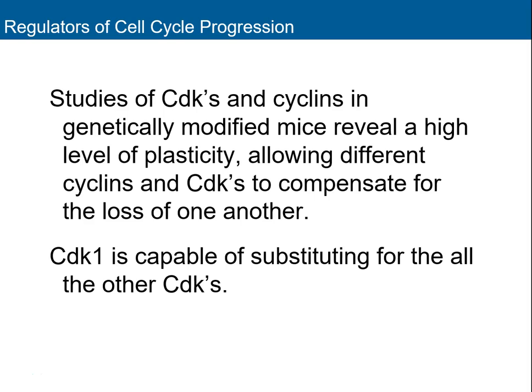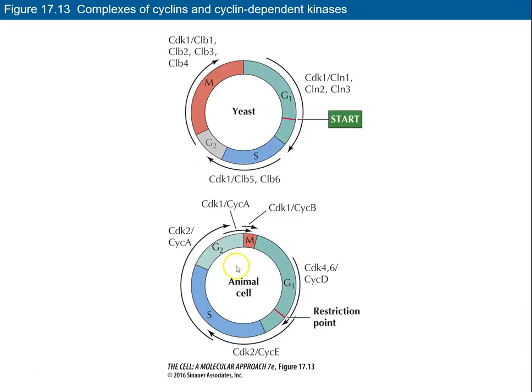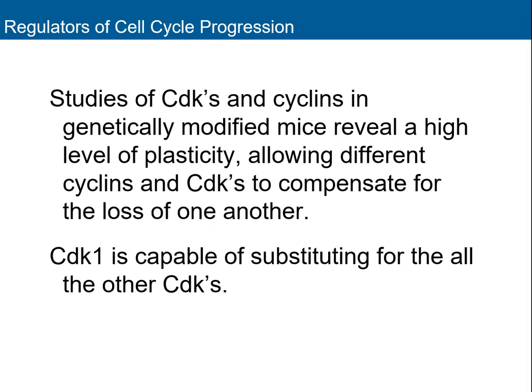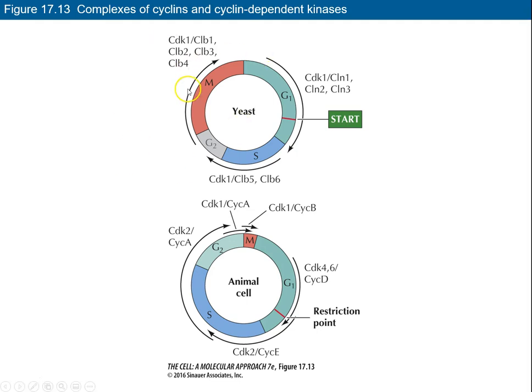It says studies of CDKs and cyclins basically revealed that CDK1 is capable of substituting for all the other CDKs, right? So if we genetically modified mice, right, and we got rid of other CDKs, but left the cyclins intact, CDKs can basically compensate for one another, right? So based on a lot of these studies, if you got rid of pretty much all the other CDKs, right? Some of these other CDK4, CDK2, but CDK1 was left intact and all the other cyclins, basically CDK1 can compensate for the activity of the others, all right? So I don't know if you want to think of CDK1 as being the most important one. And again, you can see that in yeast, that's the one that's involved, right? And then in animal cells, we've evolved to have other CDKs available as well. All right, so